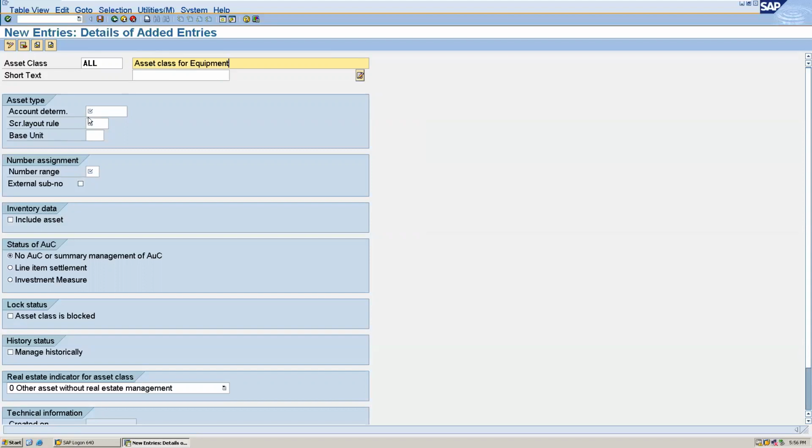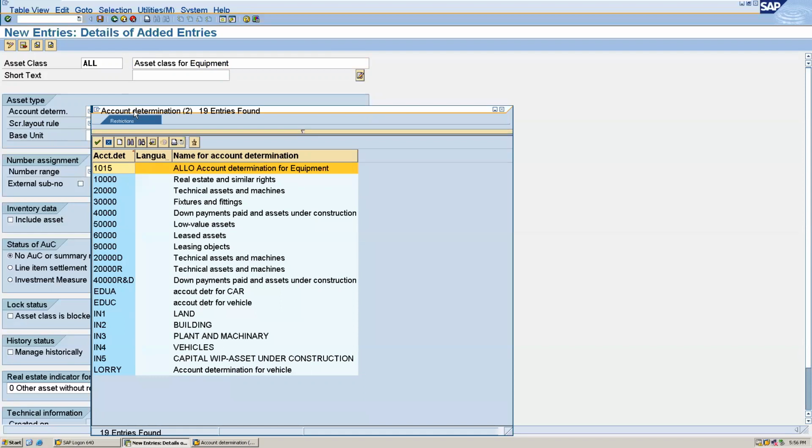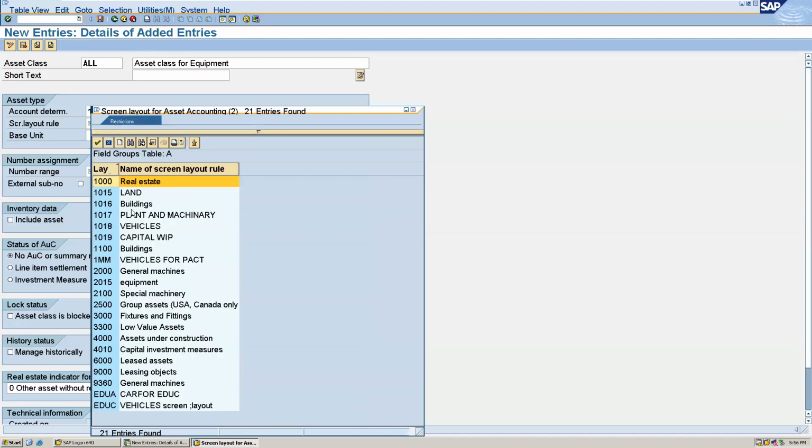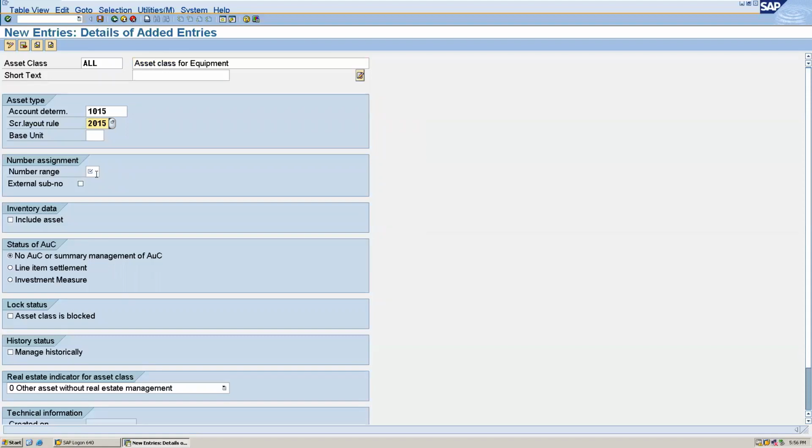Then I have to give the account determination, which I created now. It's 1015 I have created. Then I have to give the screen layout, which is 2015 I have created. And then I have to give the number range, which I have created now, 01. And we can create the include asset. This is for asset under construction, which we don't have to do anything now. We can save this.